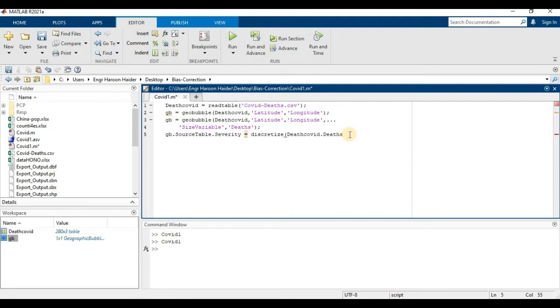So third column is deaths. Size variable is also that, so it is also deaths. So now we have to place a comma and curly brackets. We need to set its range. So first I am going to name as 0, and second one is 1 lakh,